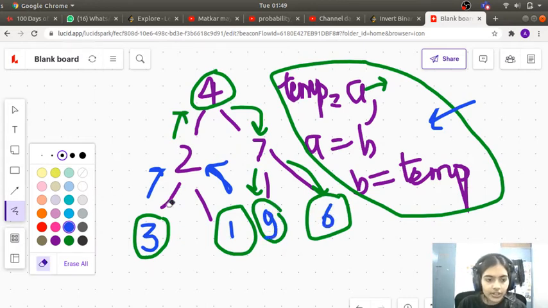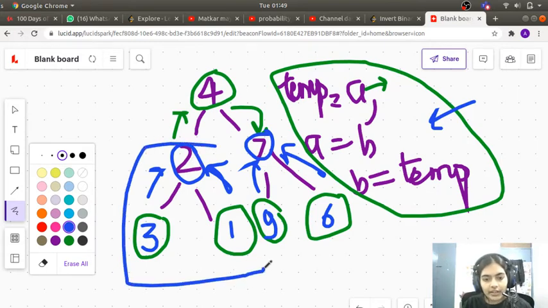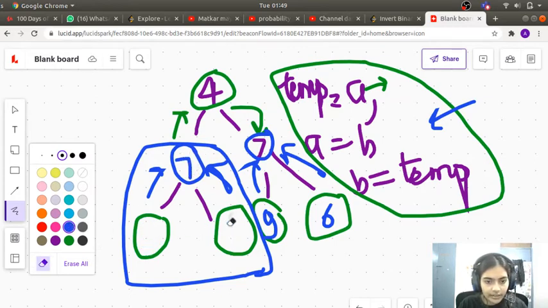Now this function call will return back, and once this function call returns back, we can swap this left and right nodes which are 2 and 7. So they will get swapped back with their children. So the whole family of nodes will get swapped back, not just alone that 2 is moving here, 7 is moving here. 2 will move along with his children, 3 and 1, and 7 will move along with his children, 9 and 6, to that side. So here what will become is 7, and you have 9 and 6 here, that will take these positions.